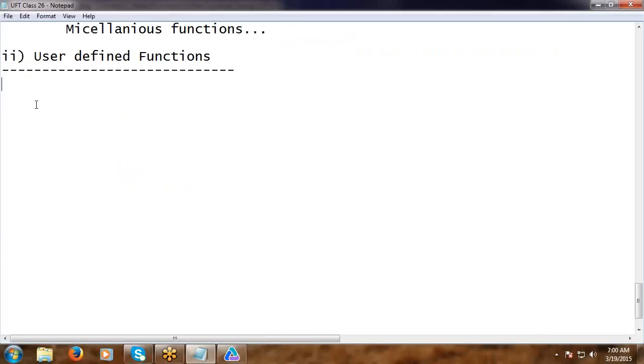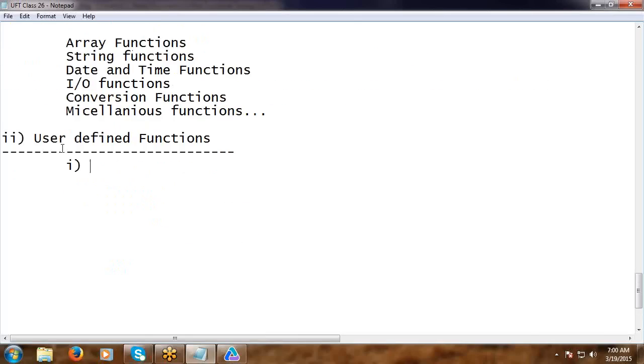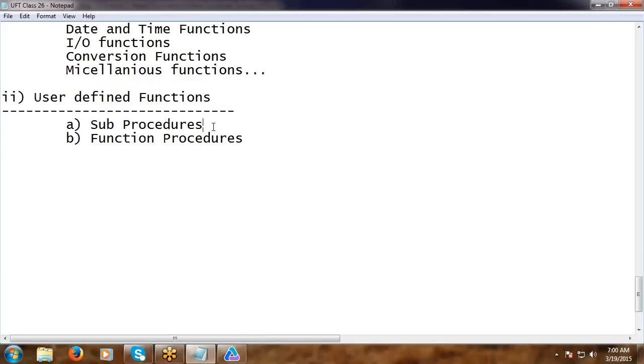Next, user defined functions, again two types. One is sub procedures, next function procedures. Again, sub procedure scope, basically two types of scope,